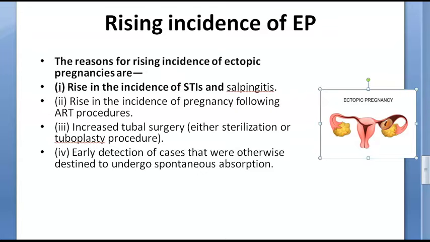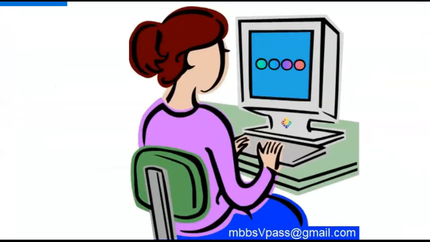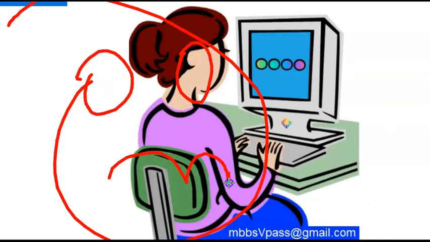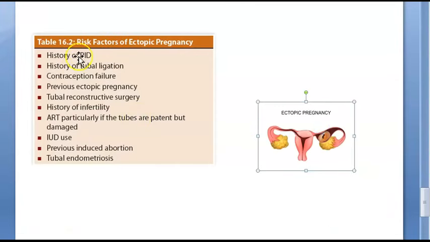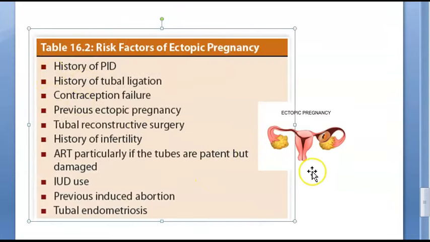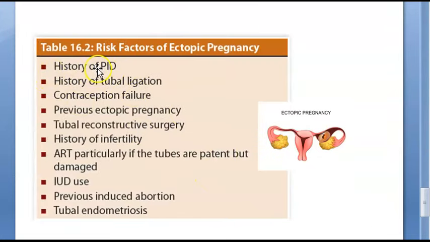But you should understand that an ectopic pregnancy is a life-threatening situation for the mother and obviously the fetus. If the ectopic pregnancy ruptures, it will be dangerous for her. So please focus here, ectopic pregnancy. Be careful, okay? So who are the people at high risk for ectopic pregnancy? They had some pelvic inflammatory disease, some sexually transmitted infection, or any infection of the uterus and the tubes, etc.